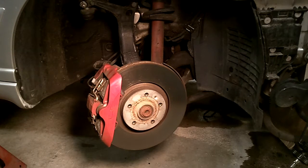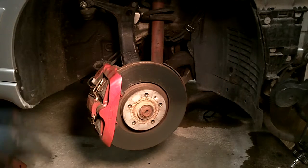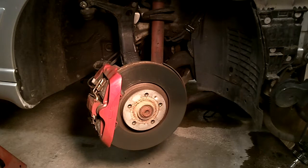I'm going to break this into a separate video for just showing this process only. But this is actually a video series as part of a larger process of me dropping the subframe so I can install my Tantrum Works downpipes. Alright, so this is a 2002 Tiptronic B5 Audi S4,